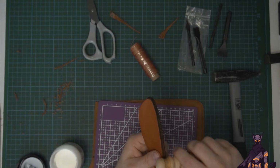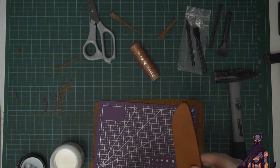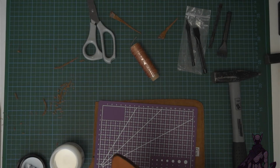So that would give this a lot less flexibility. It would be more rigid. Rigidity was the term that I was looking for. And yeah, that is something to look into to make this more rigid. Something else to look into would be